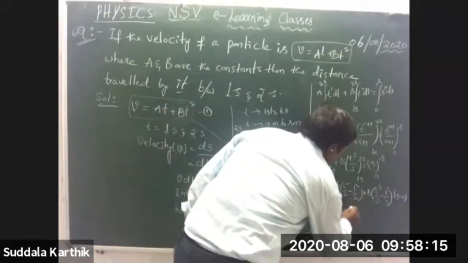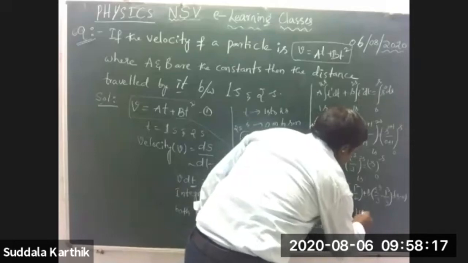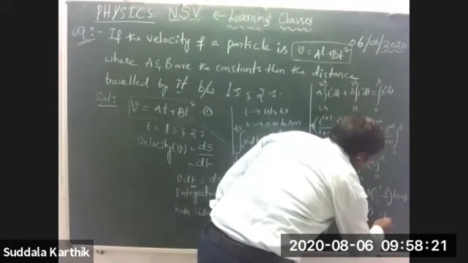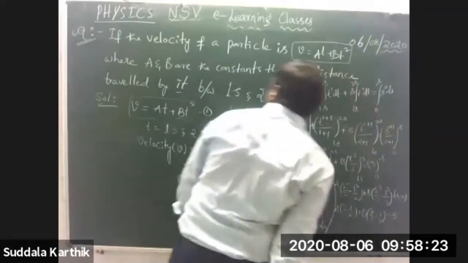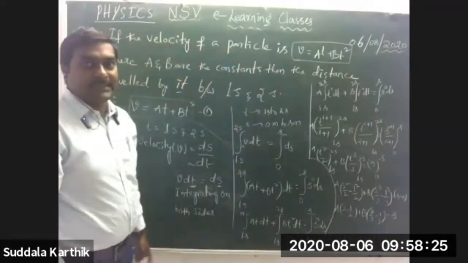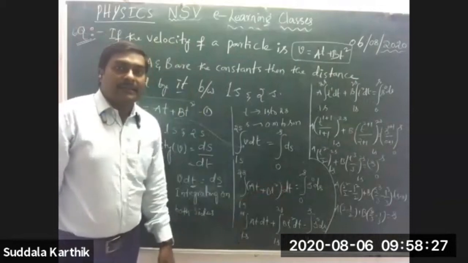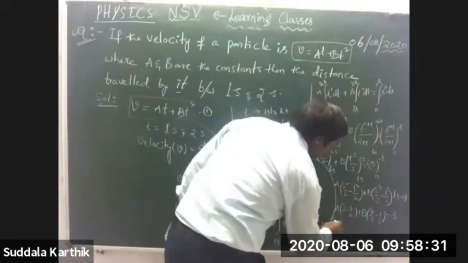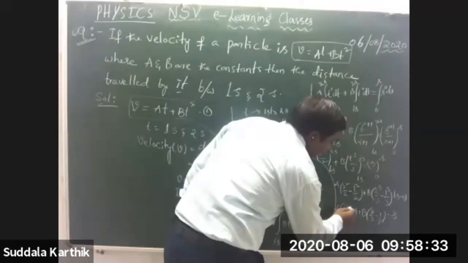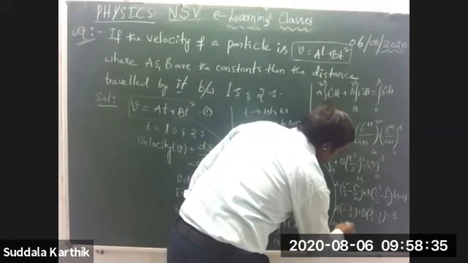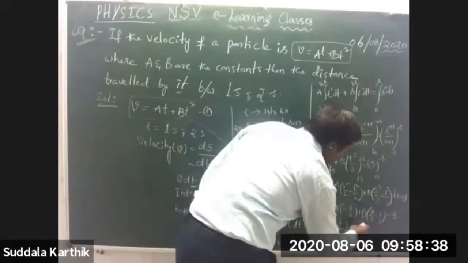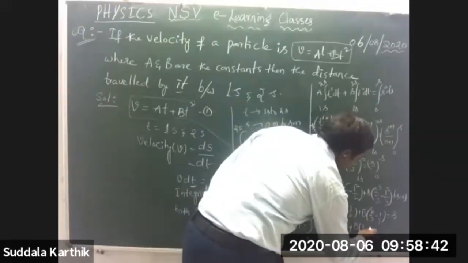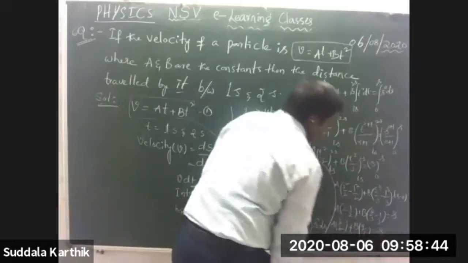2 minus 1 by 2 plus B into 8 by 3 minus 1 by 3 is equal to S minus 0. S minus 0 is S, right? So finally, 2 into 2 is 4, minus 1. I am doing the LCM. 3 by 2 A plus 8 minus 1, B into 7 by 3, is equal to S.